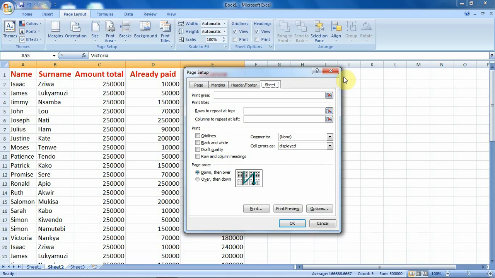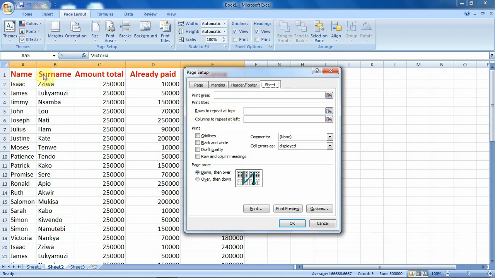When you click on the Print Titles feature, it opens this Page Setup dialog box, and by default the Sheet tab will be opened for you. Now from this tab we are interested in the Print Titles option. Under the Print Titles option, we have two options. First, rows to repeat at top.